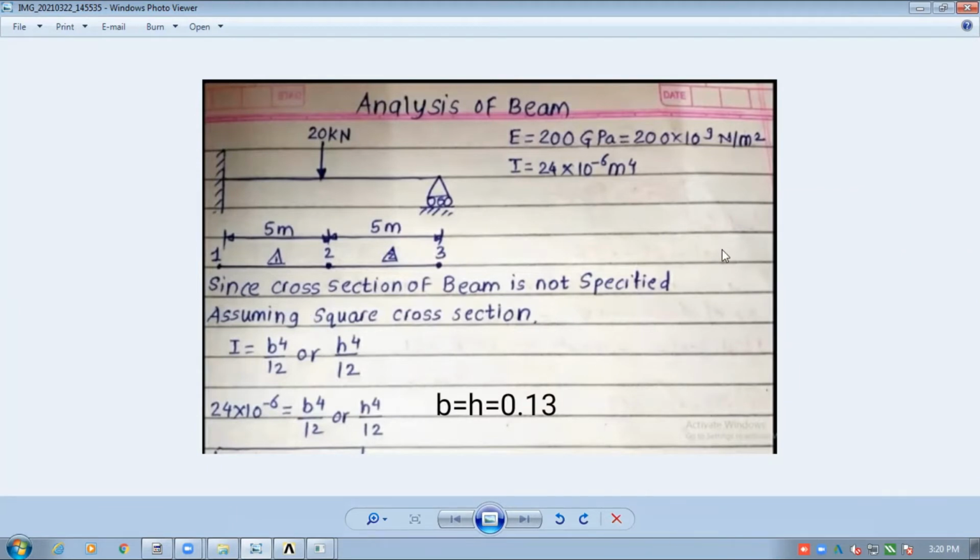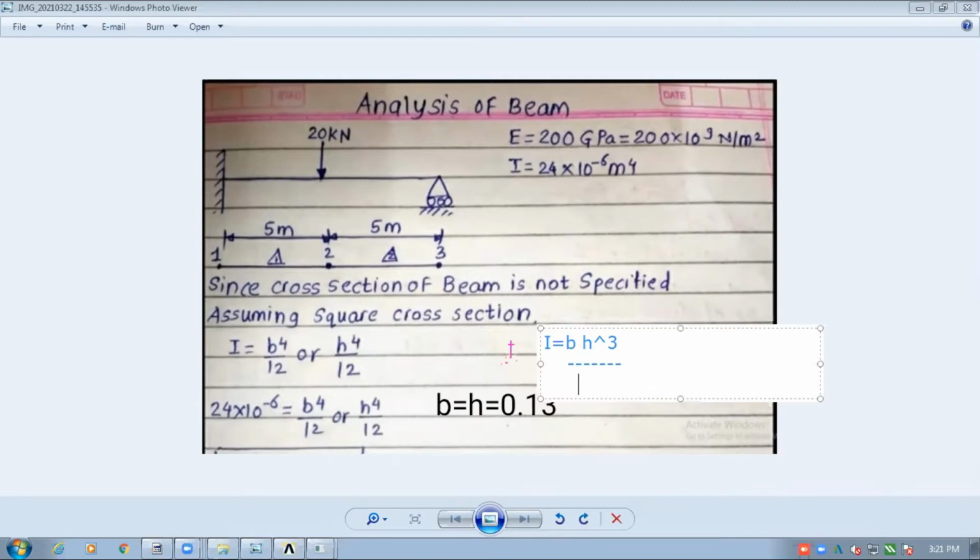Let me annotate something. The formula for I is given by I equals b into h cube by 12, that is B H cube by 12.